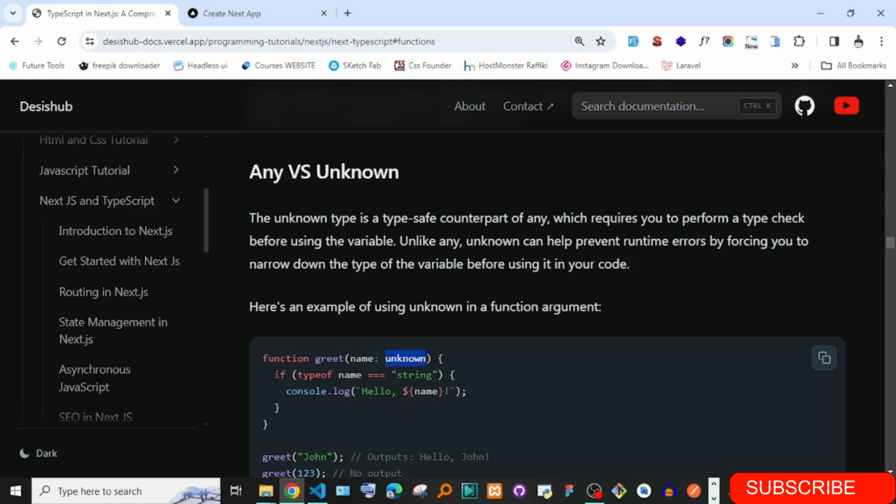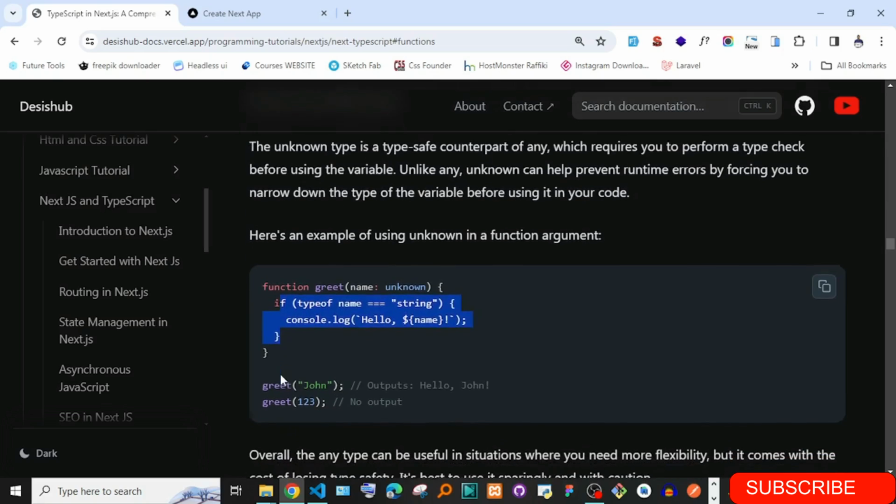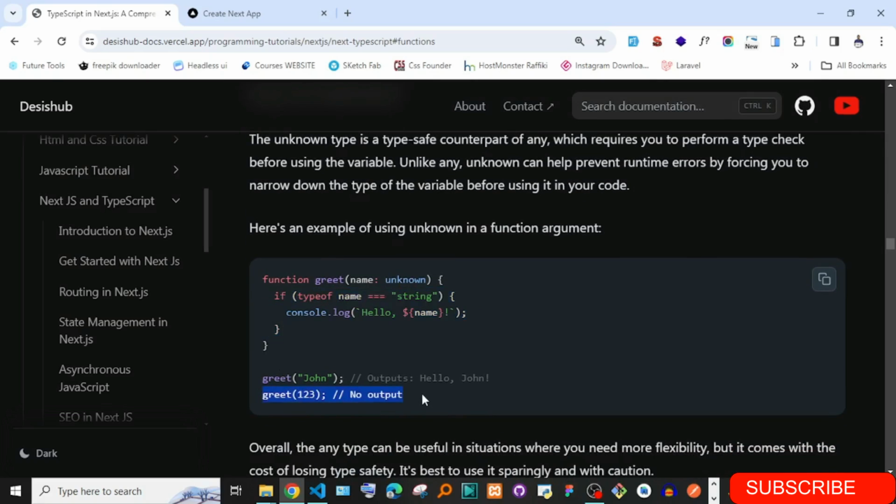And the good thing with unknown is that you can use typeof. You first check if it is a string and then you do this. That is the good thing with unknown. And you see that this one will not give any output because it is not going to be considered.